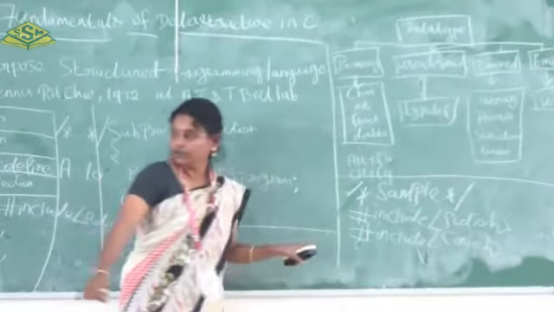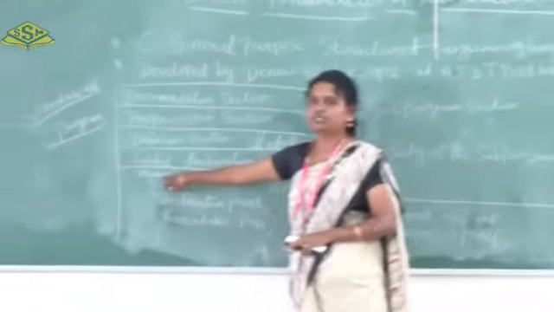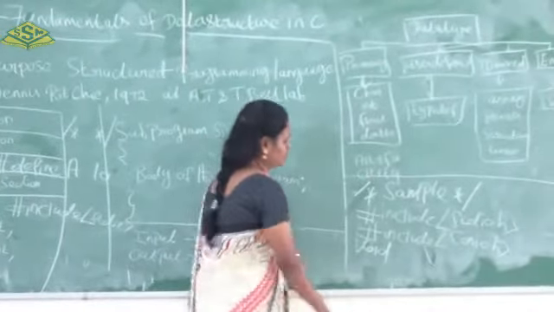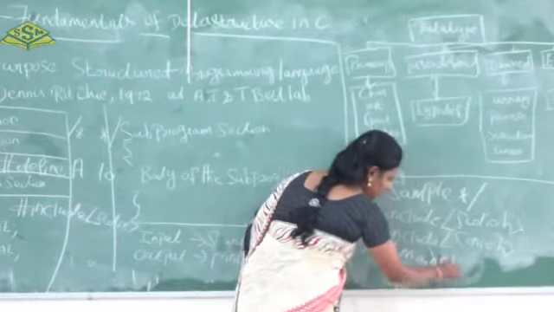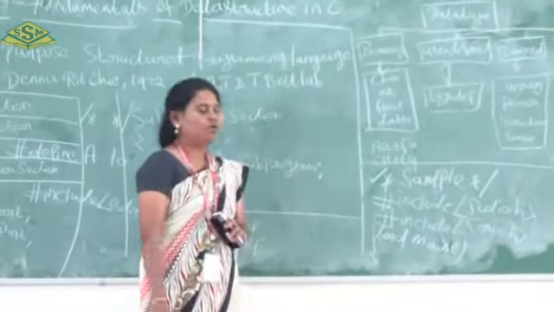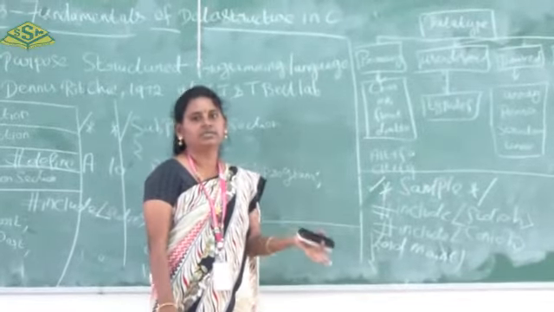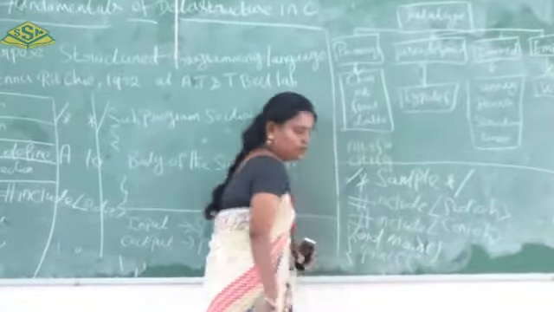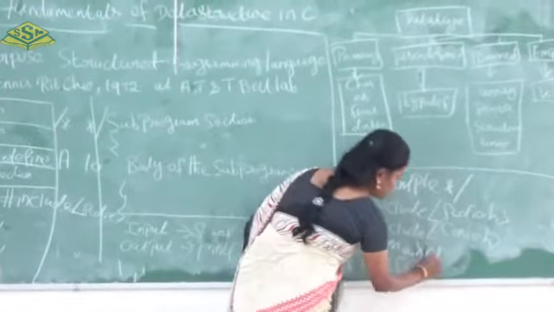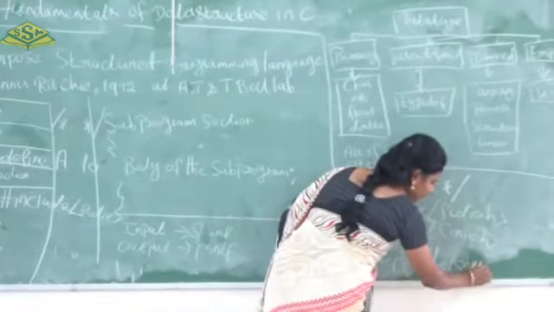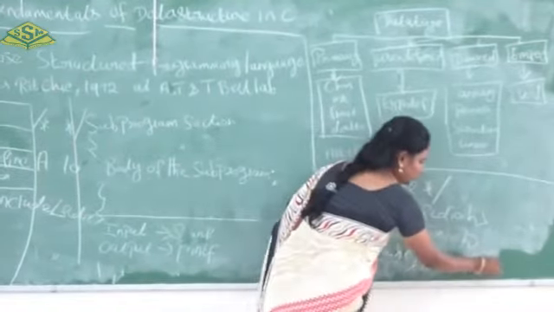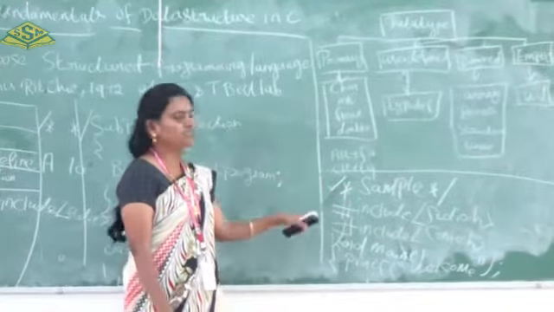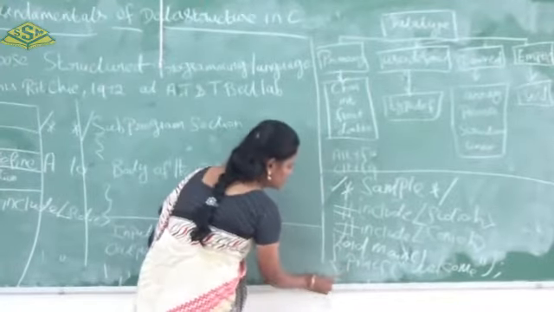Now after I have written these, we have to include the main function. That is void main. Already I have said void stands for it returns nothing. Then we have to give some information. For example, I have given welcome. It should be closed with the curly brace and it should end with a semicolon. So the scanf statement as well as the printf statement should end with a semicolon. Then we have to close the curly brace.